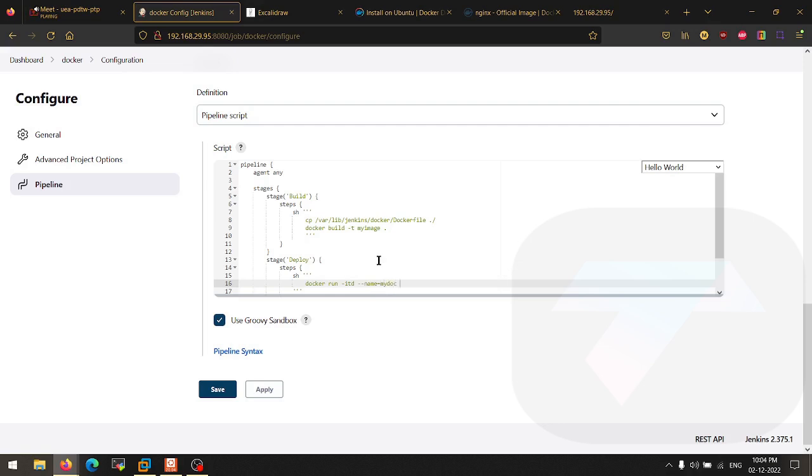It's a good name. After providing the name, we have to provide the port, -p 80:80, the port mapping. In the ending, we have to provide the image name, right? Nothing else. My image that will be created from here, not nginx this time. Why? Because we are creating a separate image which is our own image in the build process, so we are going to use that image only here, right?